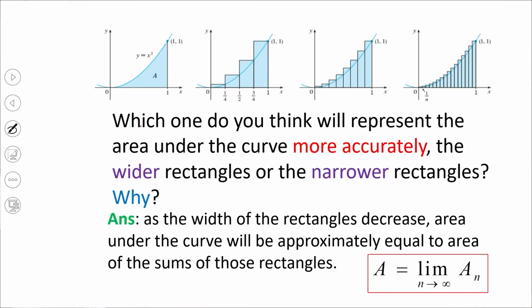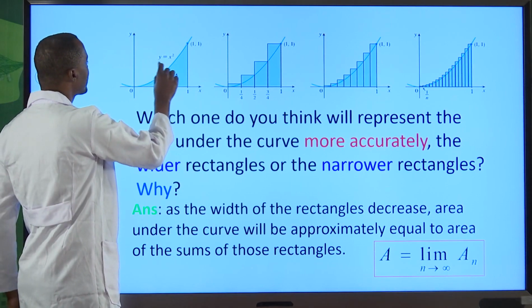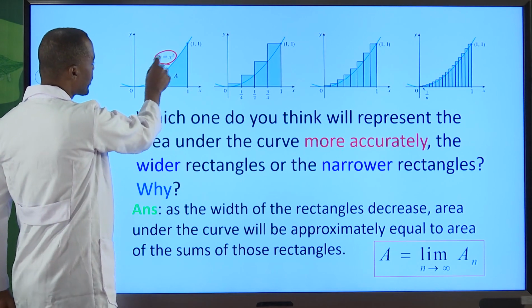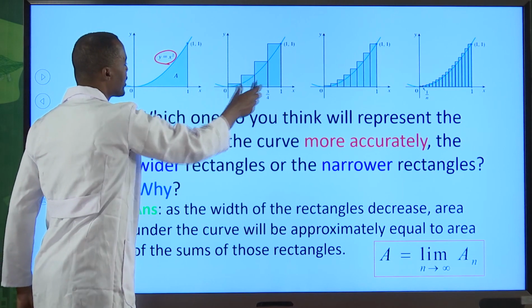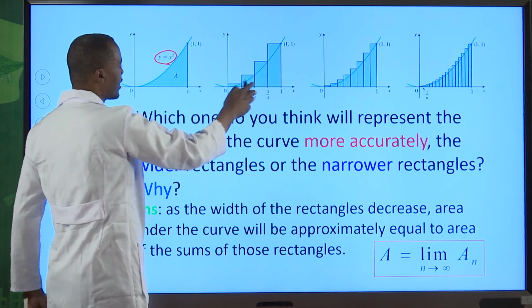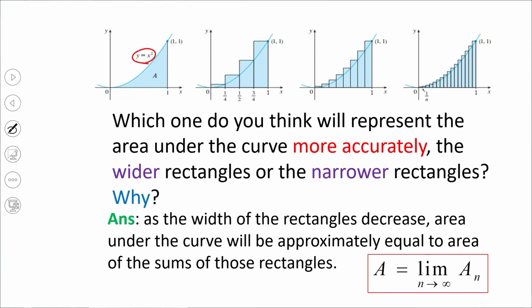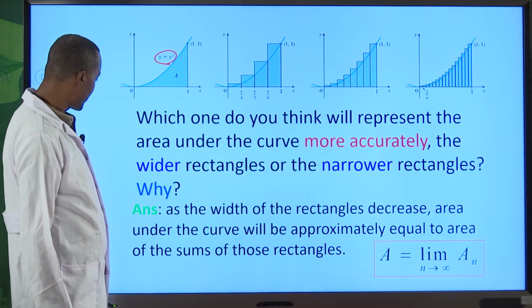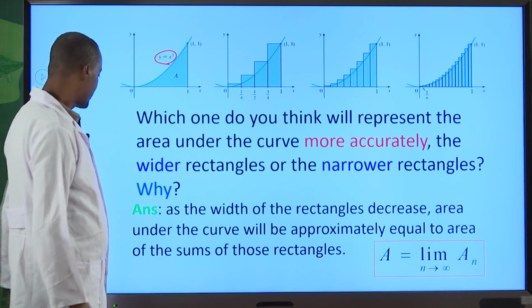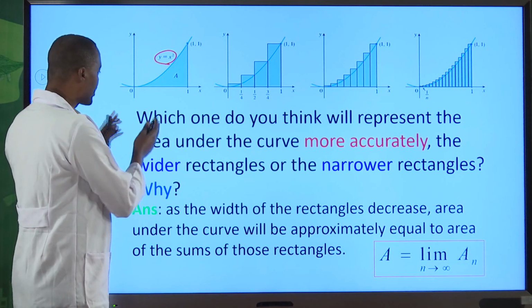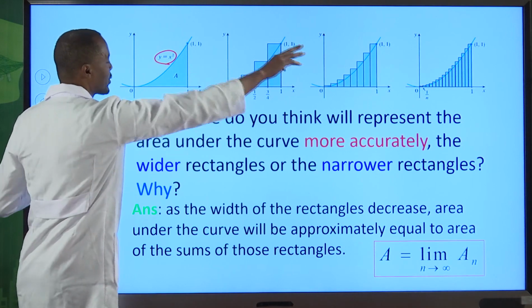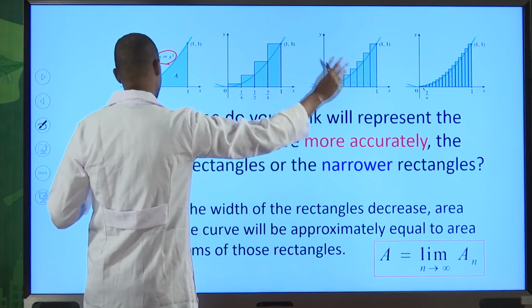This is a demonstration of that. For example, if I am interested to find the area under y is equal to x squared, if I split them up into larger rectangles, they would not exactly fit into the region, but the narrower the rectangles are, the more likely that they would fit into the region, and that is essentially what is meant by the limit. So, for example, which one do you think in these all cases will represent the area under